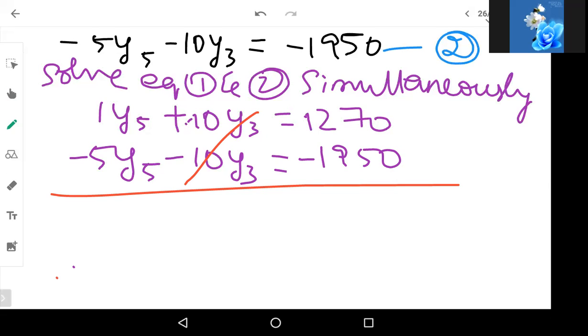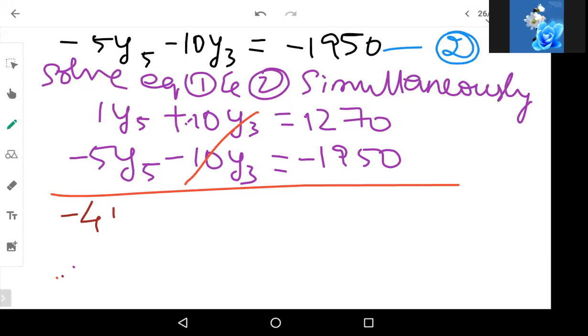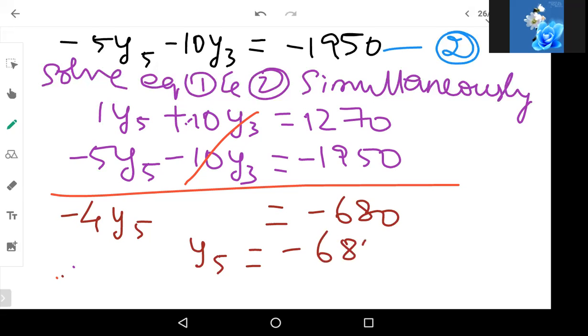Now what is remaining with us? 1 minus 5 will give us minus 4y5 is equal to 1270 minus 1950 will give us minus 680. So y5 is equal to minus 680 by minus 4. So minus minus will get cancelled. So y5 is